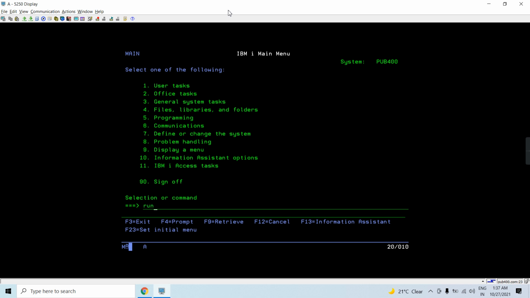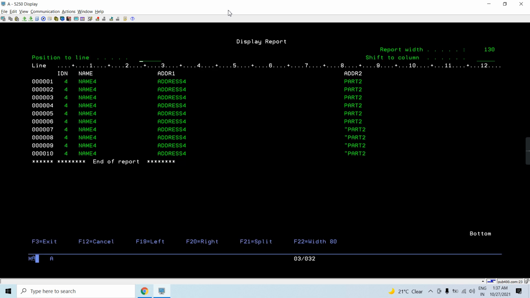So let me show you one file, pf20. I'll just do run query on this. So we have this file where we have separate fields, numeric or character fields. Now you can see there are 4 fields having this number of records.